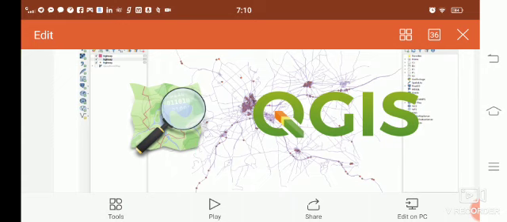So QGIS is a user-friendly open source geographic information system software which is licensed under GNU, that is the General Public License, and it runs on Linux, Mac, Unix, Windows and Android, and it supports numerous vector, raster, and database formats and functionalities. As it's open source software, you can directly download it from the net,